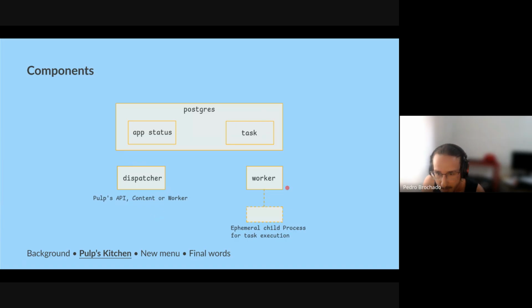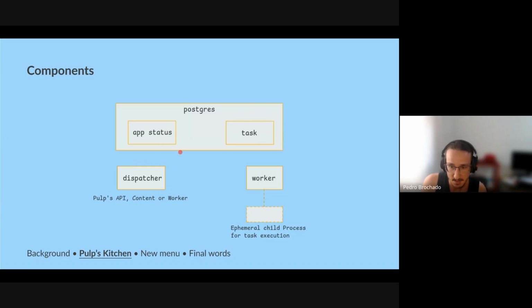We have the worker. I put this here to illustrate that it creates a child process to handle the tasks themselves, in isolation, which can prevent memory leaks. That's the design we chose. And we have Postgres and some important models like tasks and app status.